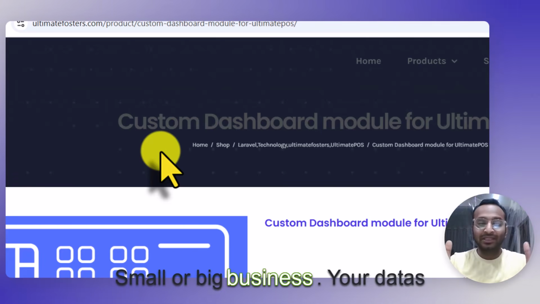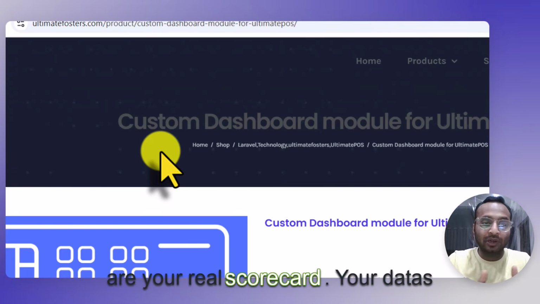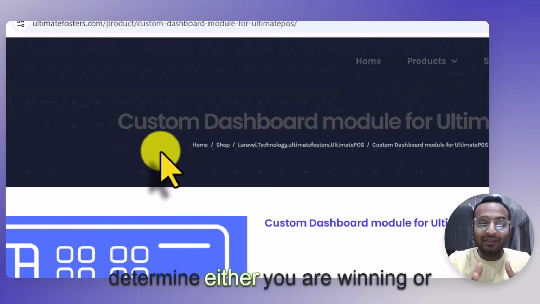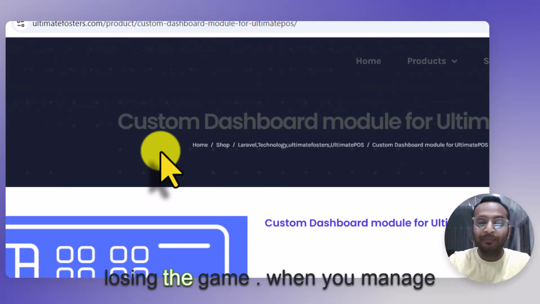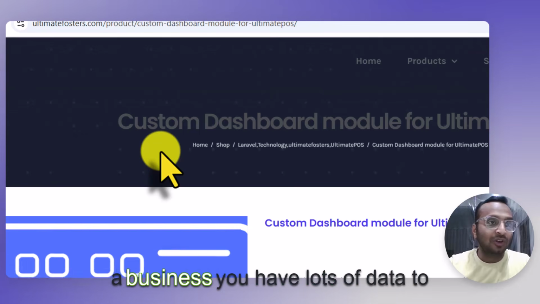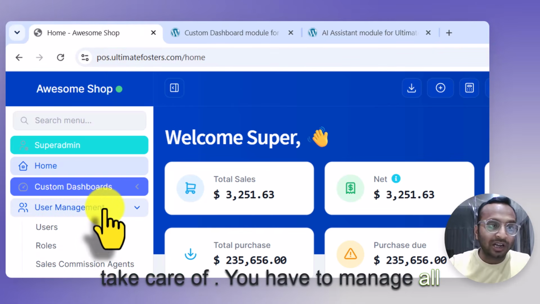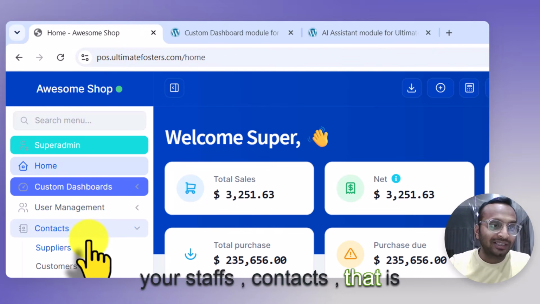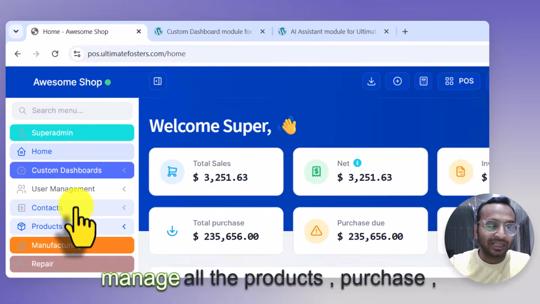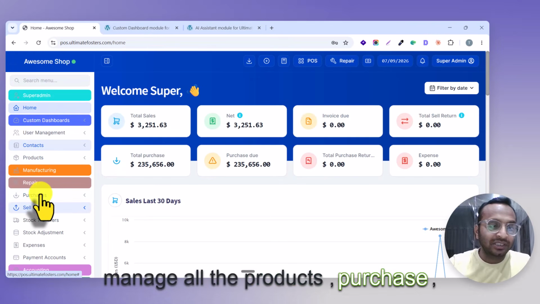Small or big business, your data is your real scorecard. Your data determines whether you are winning or losing the game. When you manage a business, you have lots of data to take care of. You have to manage all your staff, contacts, that is suppliers and customers, and all the products, purchase, sales,